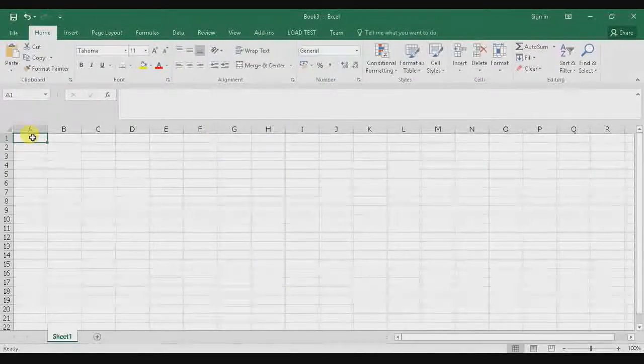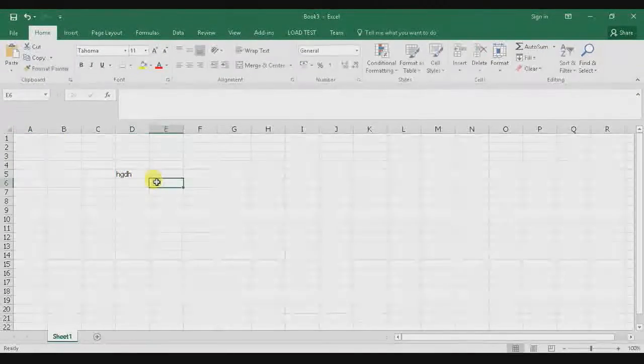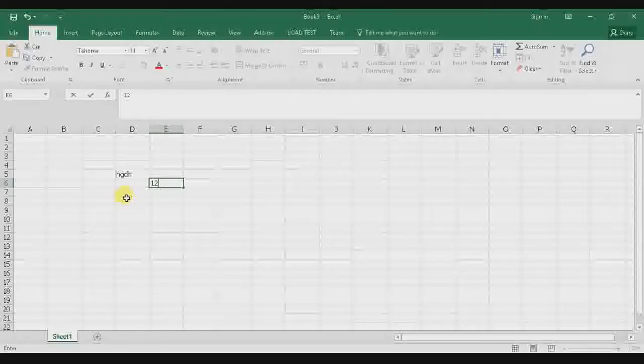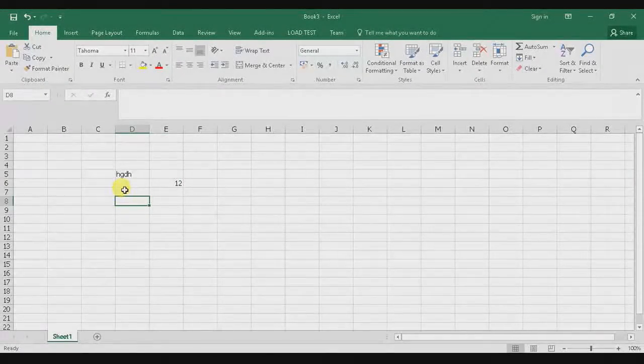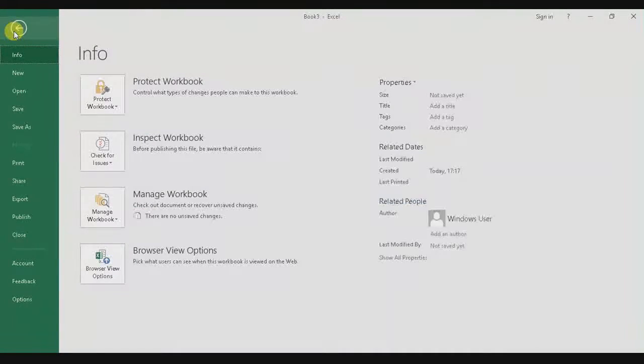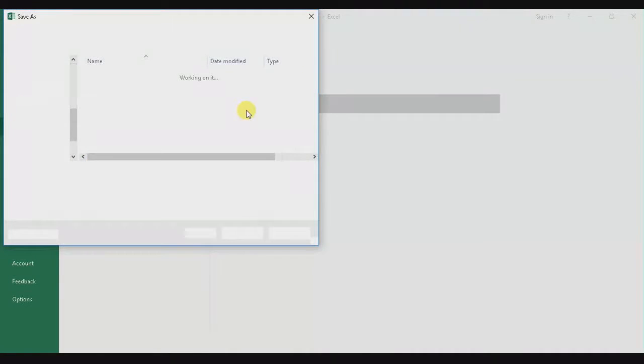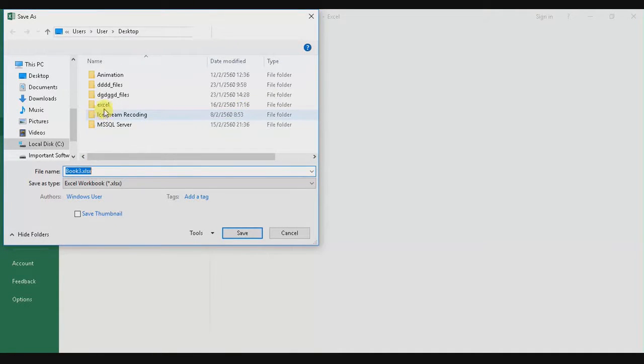Now if I want to save this file or workbook, it's similar to Excel 2007 or 2010. Again you go to File and then click on Save or Save As. So click on the Save option. It will ask you where you want to save. I want to save on the desktop in my folder called Excel,